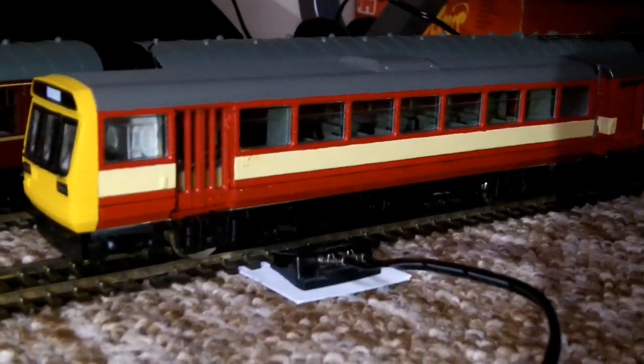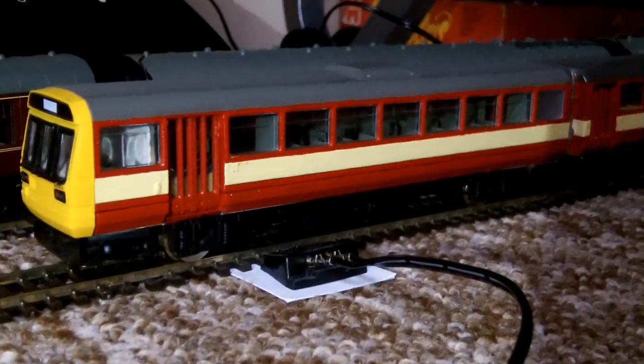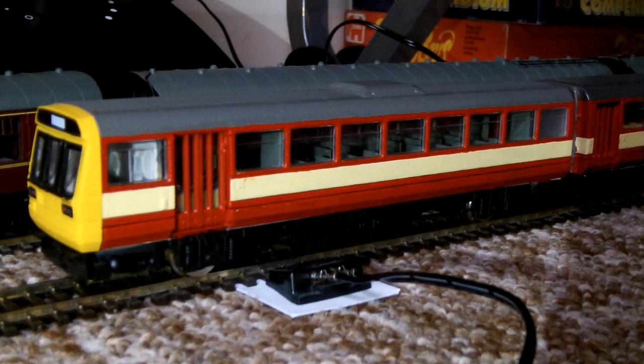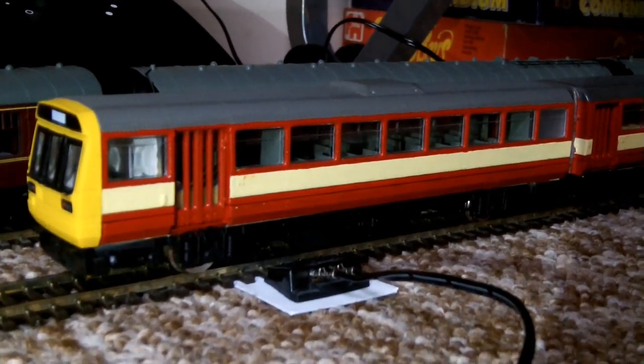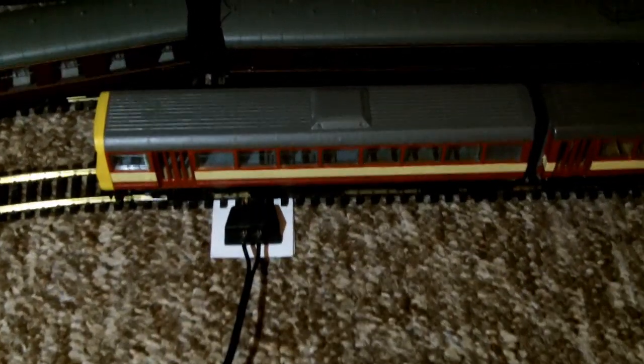Still very good models. I still really like these, despite barely any detail changes over the 30 to 40 years it's been out. But I'd say that makes them quite special as well. And just like a little mini tribute to these trains